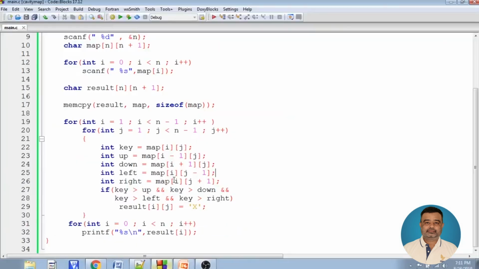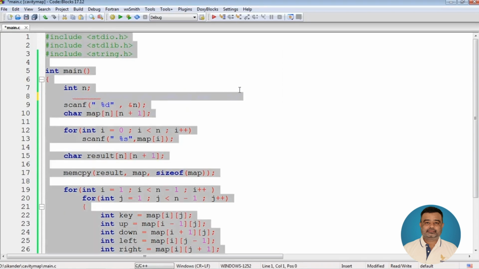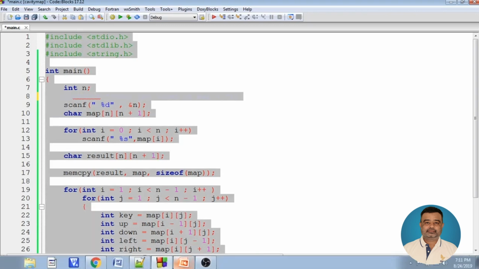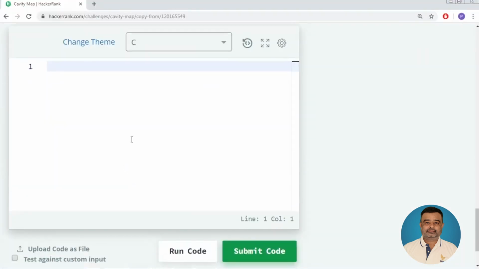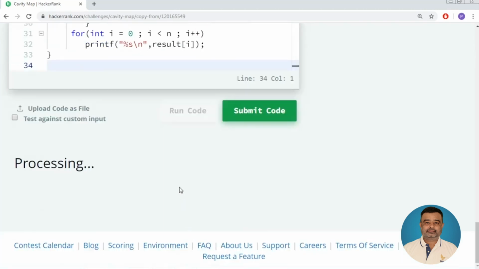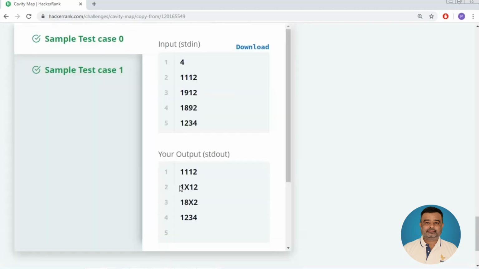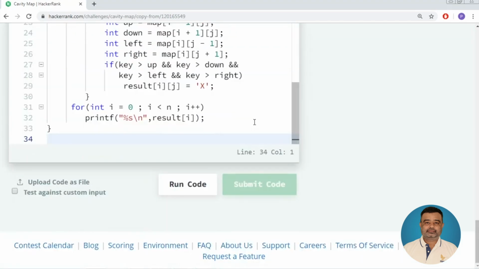Since it's working fine, to verify it is really passing all the test cases or not, I'll take this and put it on. I just commented this statement, the input statement. I'm just going to take this and put it in the HackerRank platform. I'm using it in C. I'm going to run this. Let's pass the sample test cases. I'd like to run this,